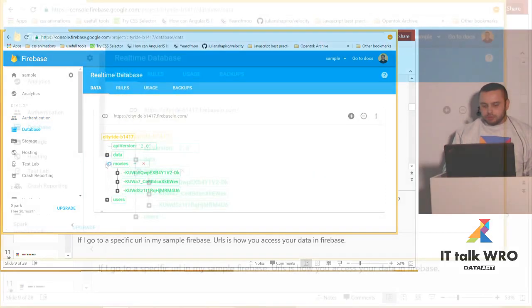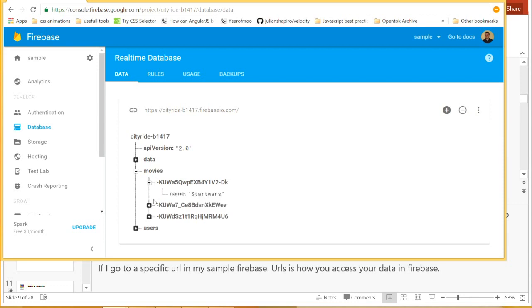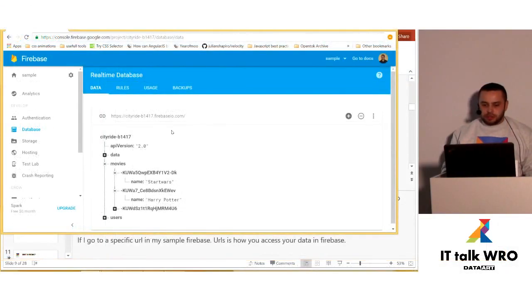This is my actual database, which I will work with in a second, just to show you what it is and how you manipulate your data. So as you can see in the URL, when I go to any point of my data, the URL is going to be changing. This is what I meant when I said that Firebase is URL based. It means that you can view your data as a tree, or maybe as a graph,